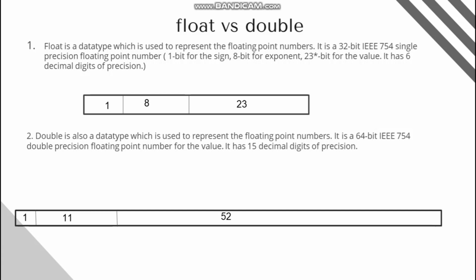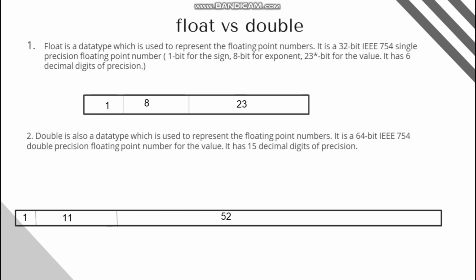So when you take the float, it is just a 32-bit number. Out of this 32, 1 bit is used for the sign bit, whether 0 or 1, representing positive and negative numbers respectively, and 8 bits are used for the exponent part, and the remaining 23 bits are used for the mantissa. But when you see the double is also a data type which is used to represent the floating point